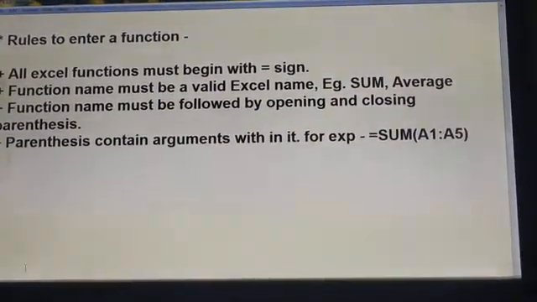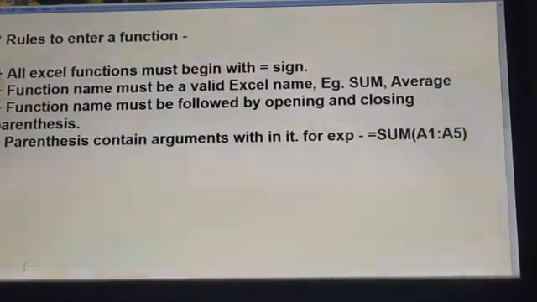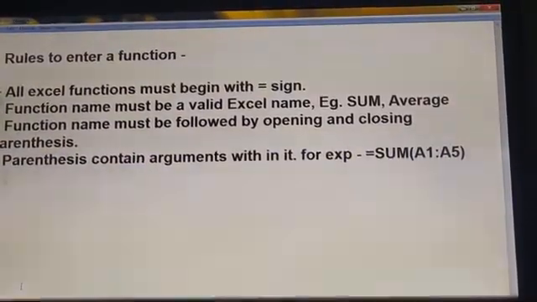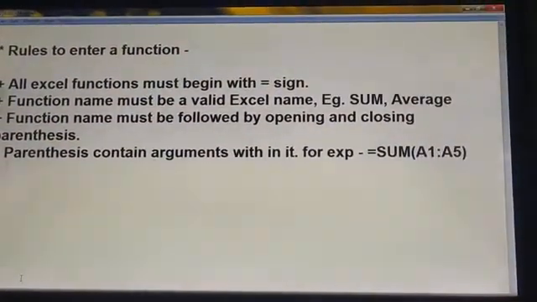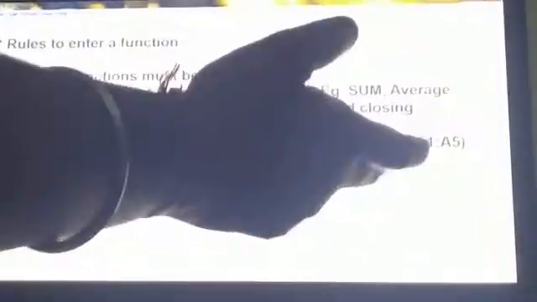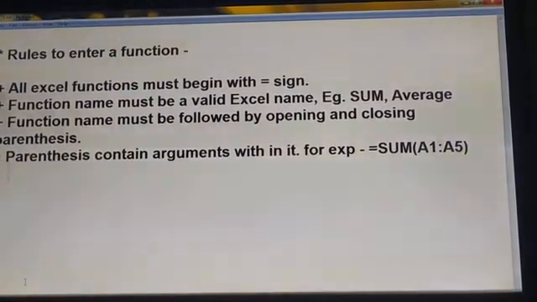Okay, so here is an example for calculating the sum function that we already performed in our previous class. Equal SUM. SUM is the default function, and there is an opening parenthesis, and a closing one, and an argument that will be passed. That is the range. From A1 to A5 cells, we have to calculate the sum. Then we can use this formula: equal SUM parenthesis A1 colon A5.